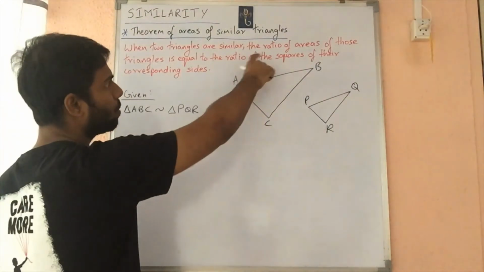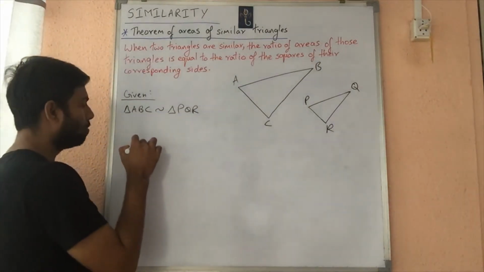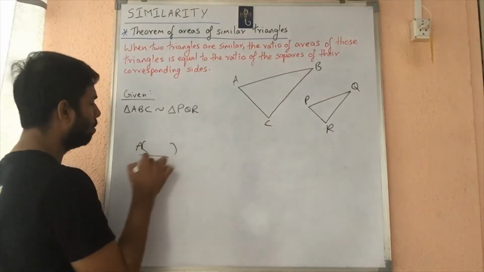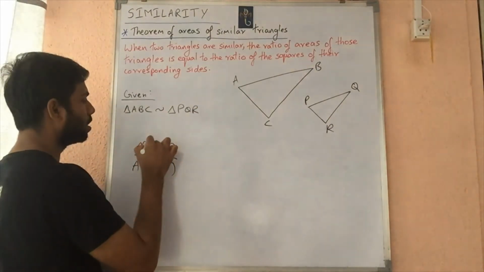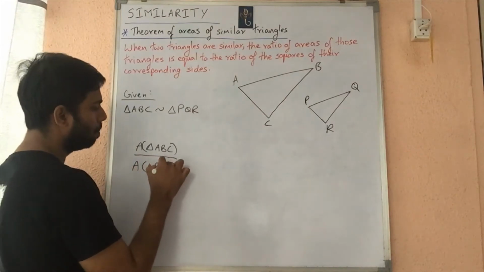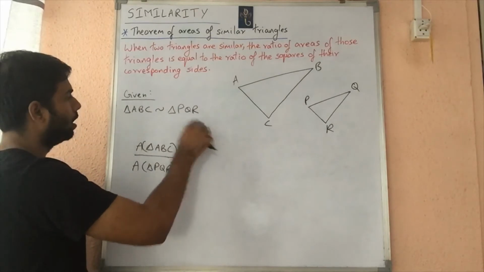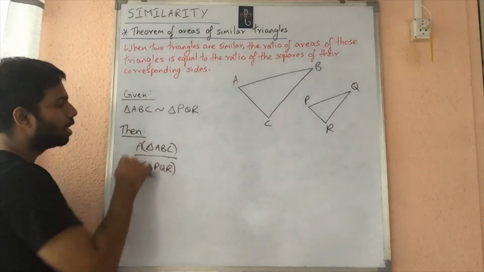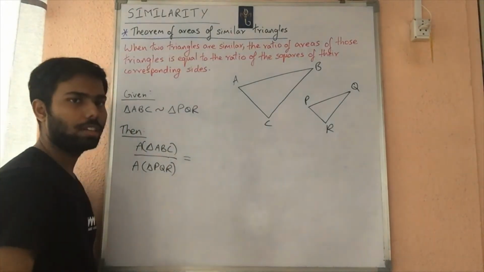So what is the consequence? The ratio of the areas of those triangles. Let me write that. Ratio of areas, so ratio means division, area of the two triangles. Which is the first triangle? The first triangle is triangle ABC. So area of triangle ABC divided by area of triangle PQR. So when two triangles are similar, that is, these two are similar, then what is going to happen? Then the ratio of areas of the two triangles is equal to